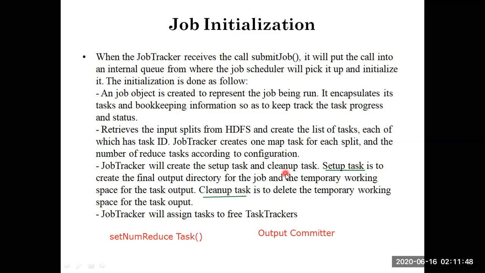A set of tasks will come under a job. For example, job one may consist of 10 tasks. Job one can be decomposed into multiple tasks, and all of these tasks are managed by the job tracker.